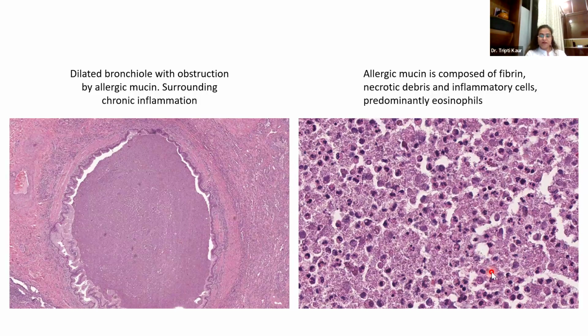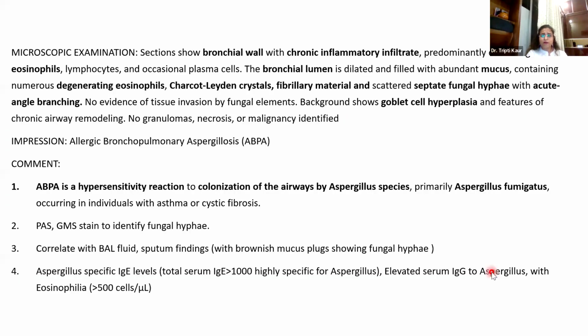Allergic mucin is nothing but a very red looking mucin. There are a lot of degranulated eosinophils there, and you can see a lot of eosinophils entrapped within this allergic mucin. And if you do some special stains, you will be able to see some fungal organisms. So this is nothing but ABPA, a case of ABPA. ABPA full form is allergic bronchopulmonary aspergillosis. So if you have a doubt of allergic bronchopulmonary aspergillosis, you can compare your mucin with the one you find in allergic fungal rhinosinusitis. Both of them are actually the same diseases.